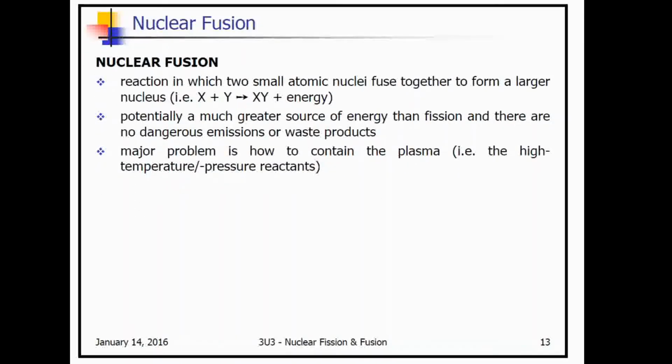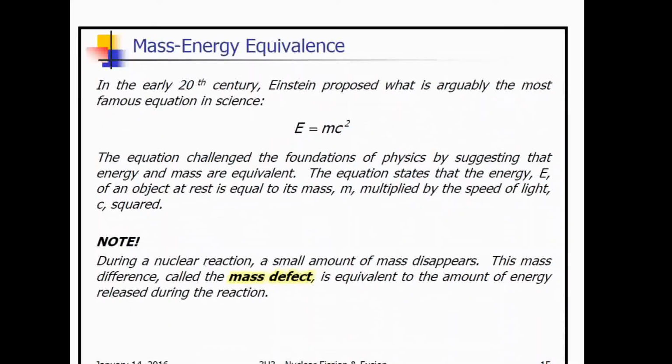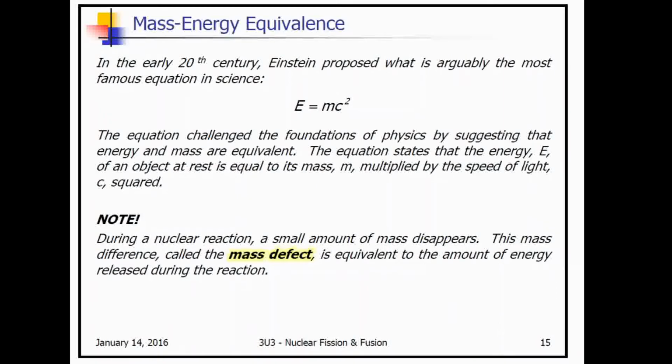But copy this down for nuclear fusion. Actually, only copy down the first point. It's a reaction in which two small atomic nuclei fuse together to form a larger nucleus. So this is when we have an X and a Y, and those are our reactants, and our product is the XY together plus energy. This slide talks about some of the ways nuclear fusion can be put together, but we're not going to talk about that. Now this gets us to the famous equation in physics, E equals mc squared,